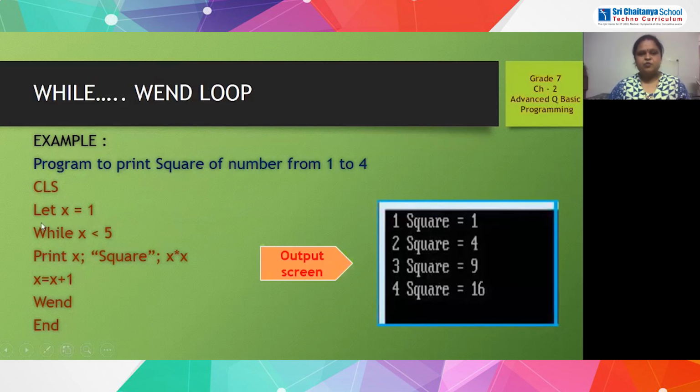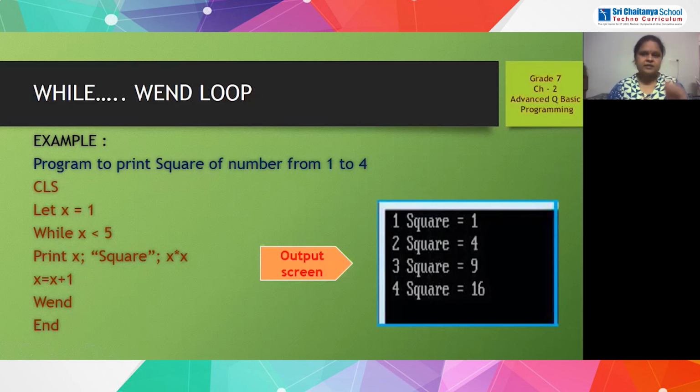And next I am using an assignment, the LET command, to assign a variable x, and to this I am assigning a value 1. So let x is equal to 1. While, see, while is a looping statement. Now it is starting: while x is less than 5, print x.